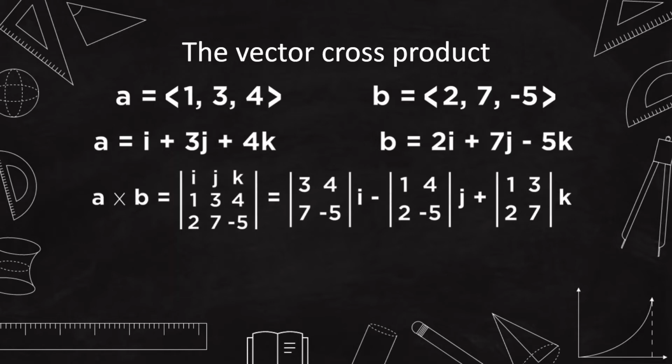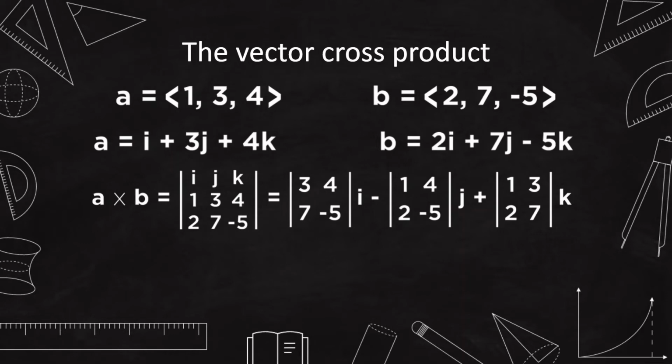The way you can find the cross product, A cross B, is by finding the determinant of the following three by three matrix, which has i, j, and k across the top row, the components from vector A in the second row, and the components from vector B in the third row. We all know how to get the determinant of a three by three matrix, so this is no problem. We just